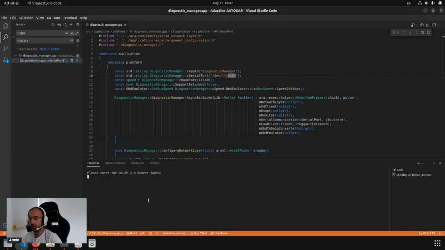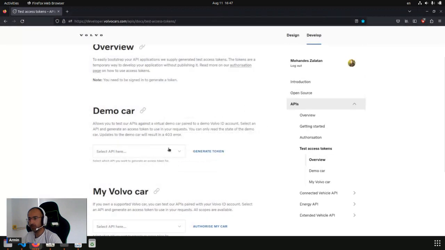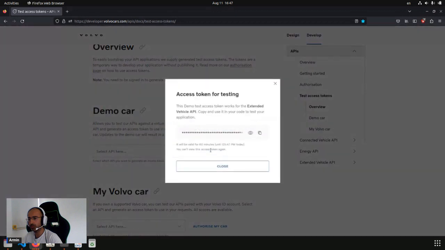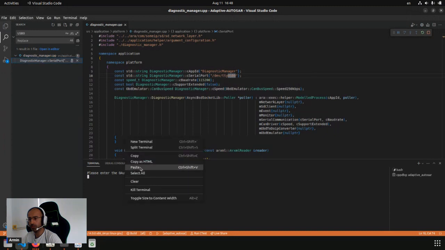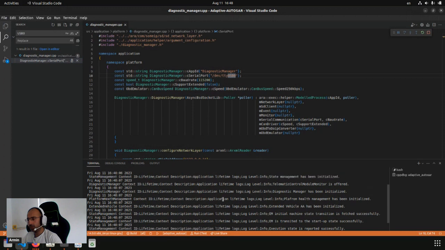Press enter. Then it's going to actually ask me for an authentication. So for this one, let's see, I guess I need to regenerate that because it's actually valid for 1 hour. So I say for a demo car, I want an extended vehicle API, so generate me a token, and then I'm going to copy this token, and then I come here, paste this token as well, and then I press enter. As you can see,